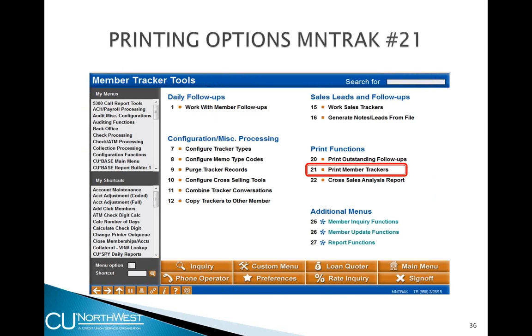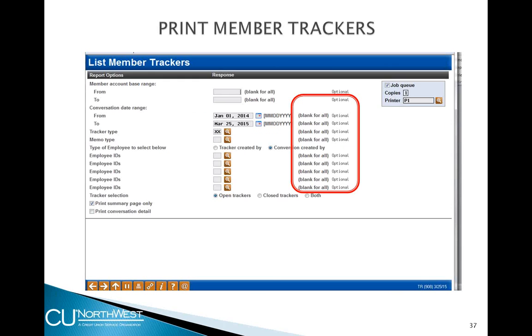So now I want to take a quick look at our other tracker printing options that we have, to print member trackers by accessing our menu MNTRAK number 21. So this would be for those situations where you will need a hard copy of your member's tracker conversations. You have the option then to print a single member's conversations or a group. As we go through this report option screen, notice that, again, many of these fields are marked optional. It allows you to be member and date specific, or more general, to choose a broad range of members across a